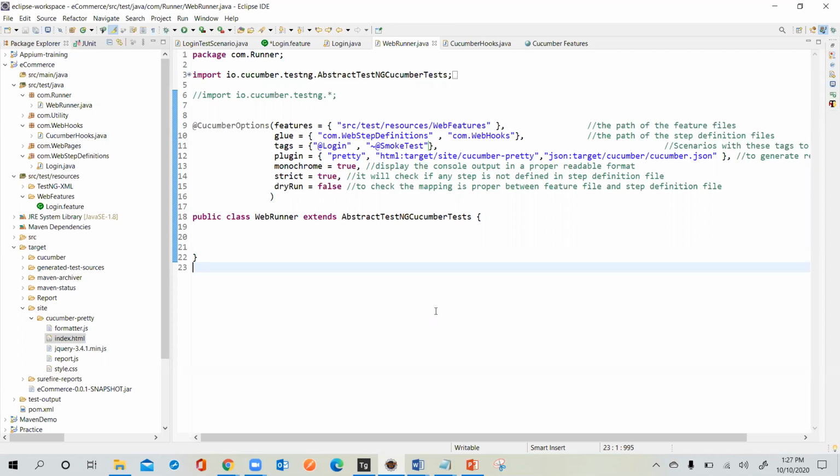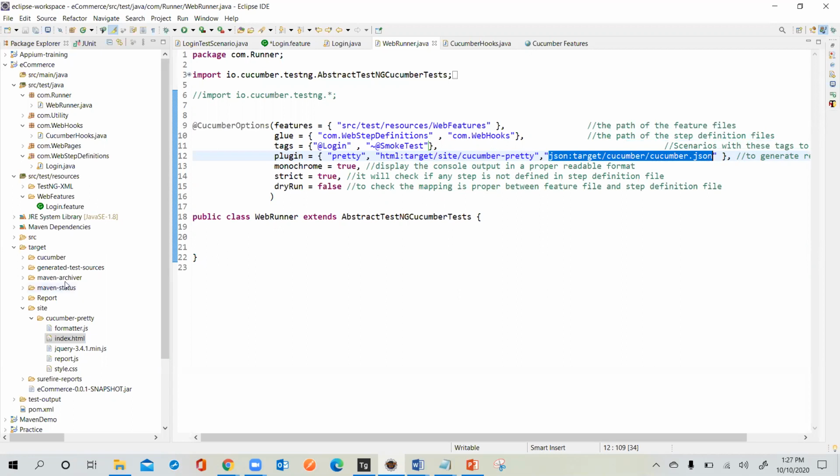You are seeing the target cucumber.json. If you see that, this is the line number. I will just highlight that one. Guys, this is the most important thing. People will not understand it without this. Besides that JSON file, the cucumber.json file, none of the HTML reports will be generated. So the cucumber.json file will be generated by default by Cucumber.